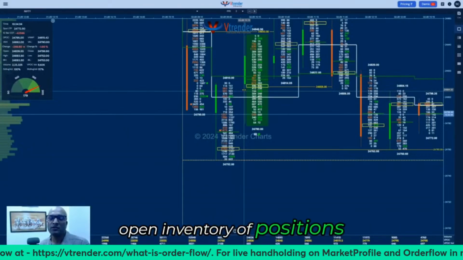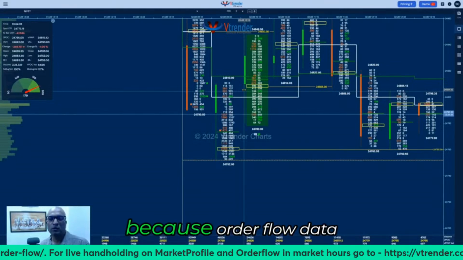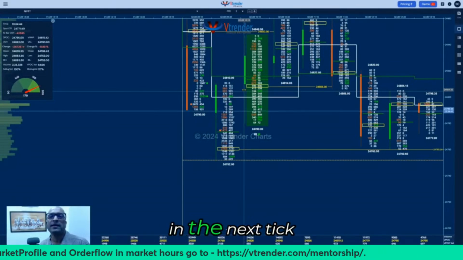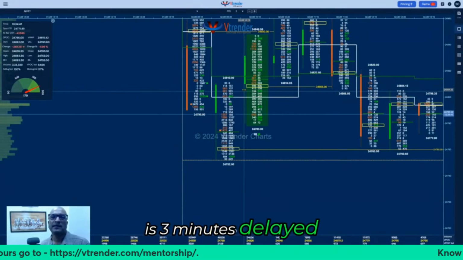Open inventory of positions, but don't mix it. Okay, and the reason we go with order flow is because order flow data is instant. It gives you demand and supply in the next tick. The open interest data is 3 minutes delayed, and that 3 minute